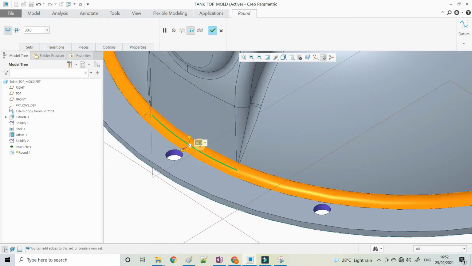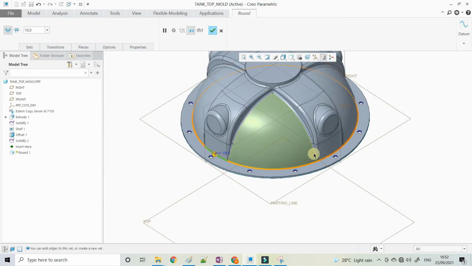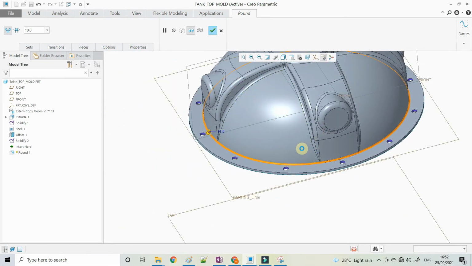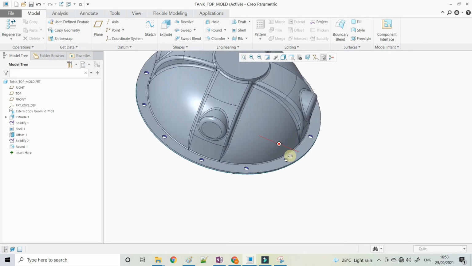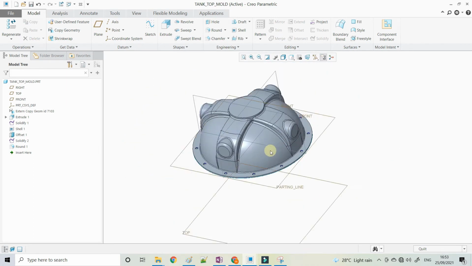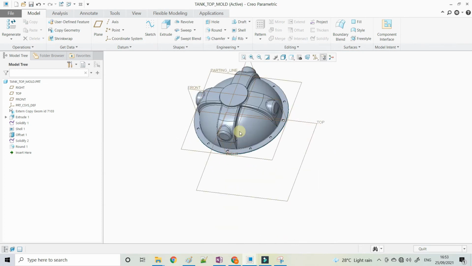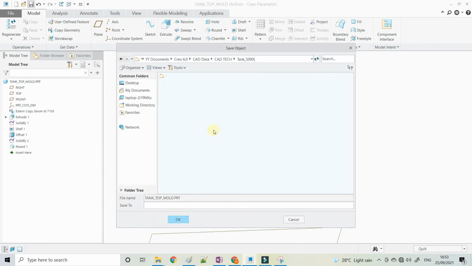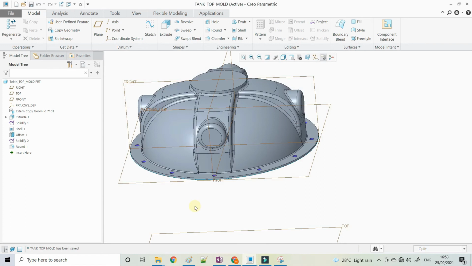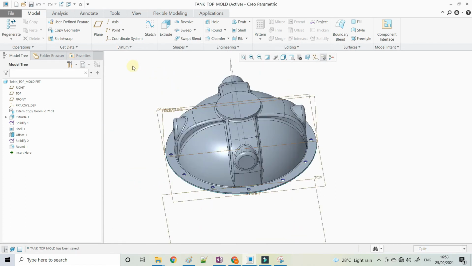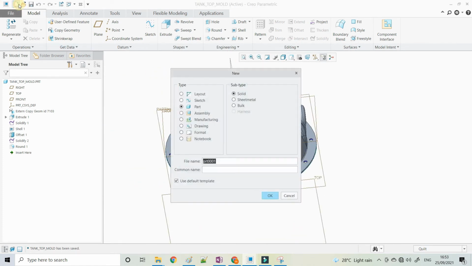For outer you can give the radius. Don't apply the radius to the inner surface, inner side, because that is the product geometry. The product specification won't allow inside changes in the mold. So outer we can give the radius and all these things.